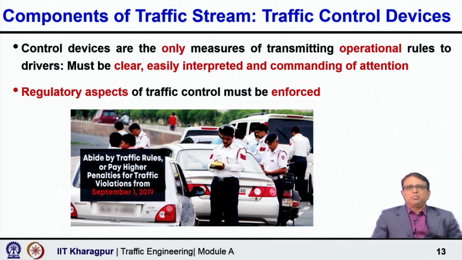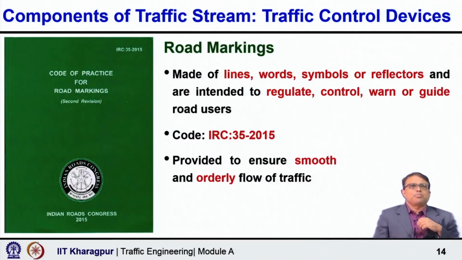So, the traffic police department should ensure that this regulatory aspect, what is must, and maybe some information, that also we need, right. But there is something like, as I say, that you must stop or you must take a right turn. It is a one way street, the movement from the other direction is not permitted. This must be enforced, because these are regulatory aspects. These relate to efficiency and safety of the overall traffic streams and road users. So, this must be enforced by the police.